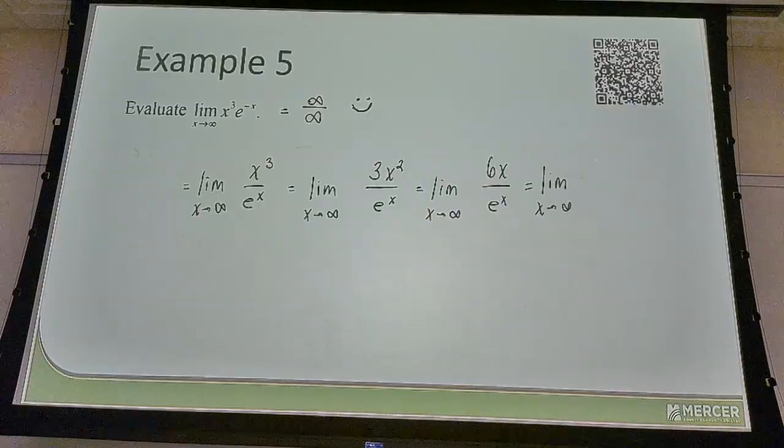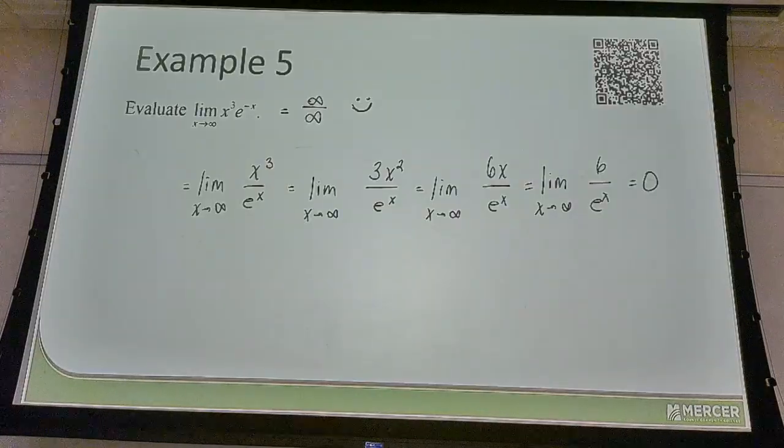What's the derivative of the numerator? 6. Denominator? e to the x. What do you get? 0. 1 over infinity, 0. Oh wait, you can use this to see which functions grow faster than others, or see if they grow at the same rate. Can two distinct functions